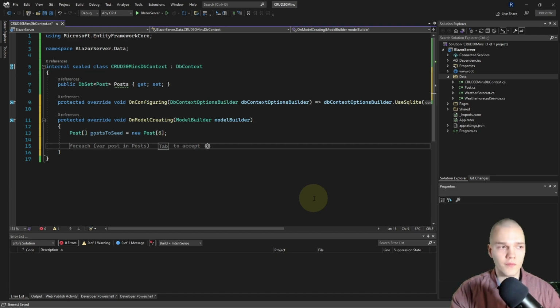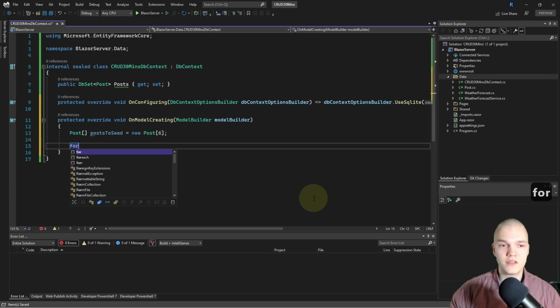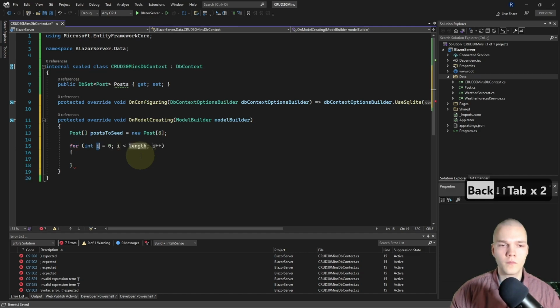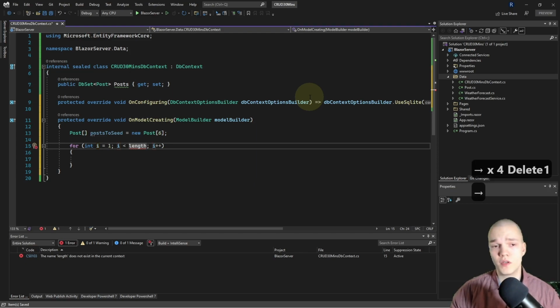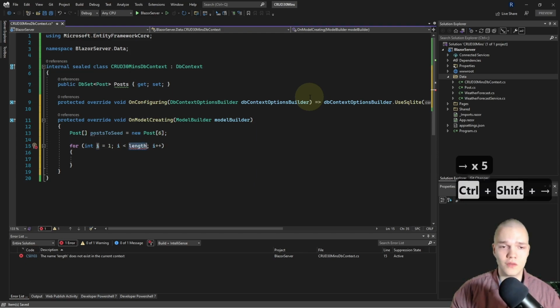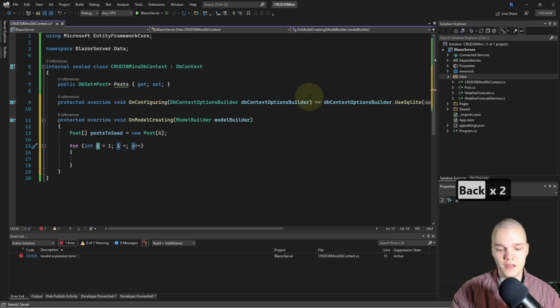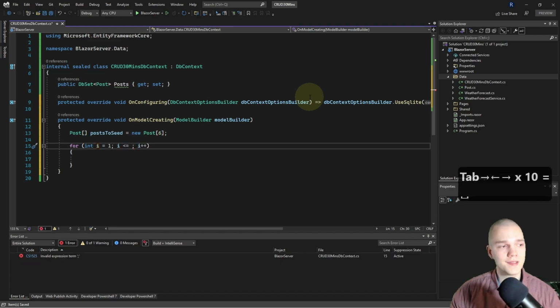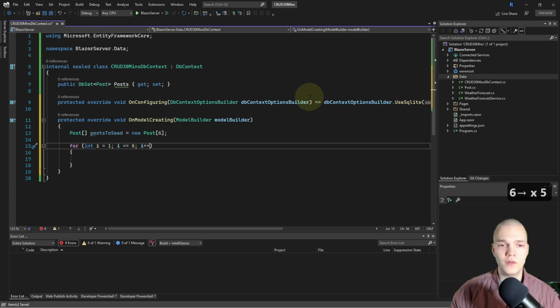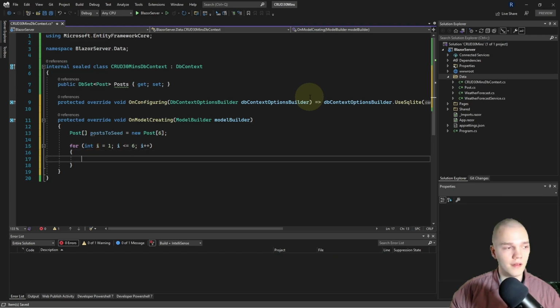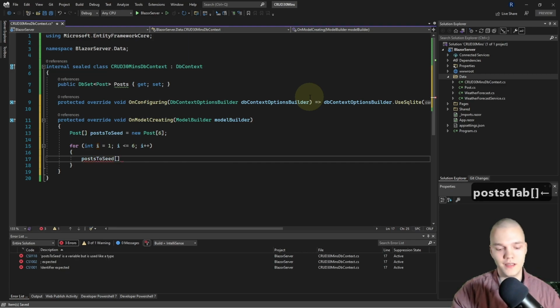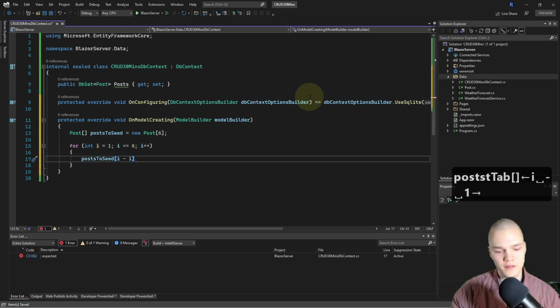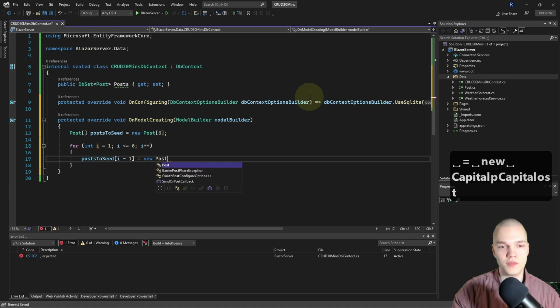Then I'll do a for loop with 6 iterations. For int i equals 1, I want to start at 1. And as long as i is less than or equal to 6, I want to increment i. And then I want to set the postsToSeed at the index of i minus 1 to a new post.